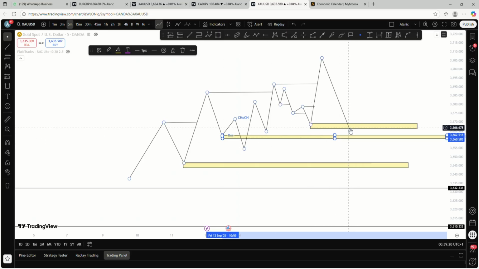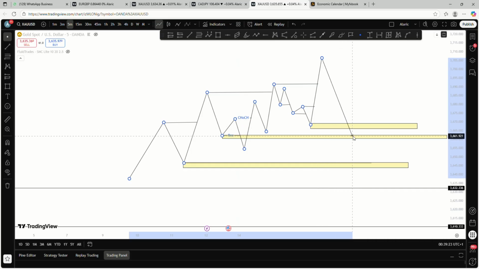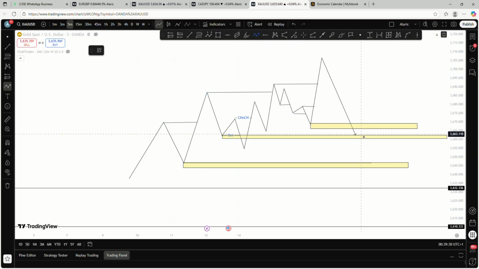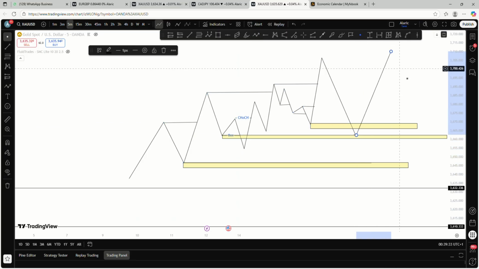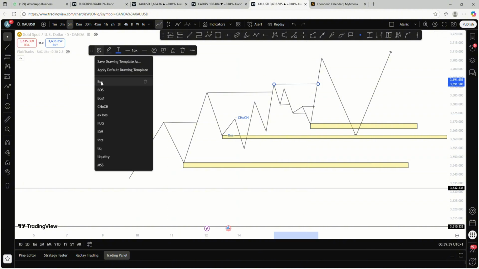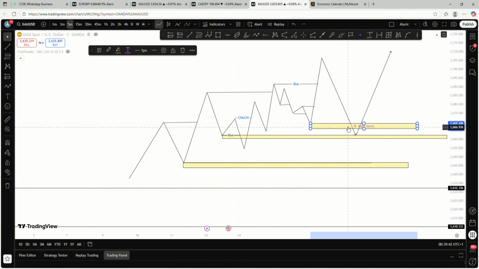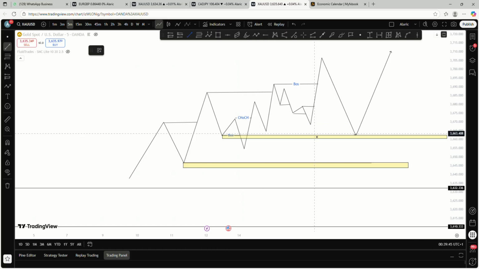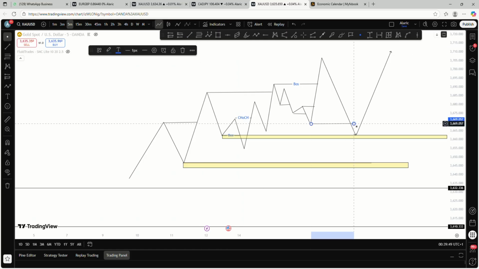So this market can still decide to clear all the people here and pick this left shoulder before going up again. It can pick this left shoulder and start going up again. Now, what has the market done? This is a breakout structure on the external structures. Then the market came back and broke this zone. Now this zone has shifted from the breakout structure to a change of character.